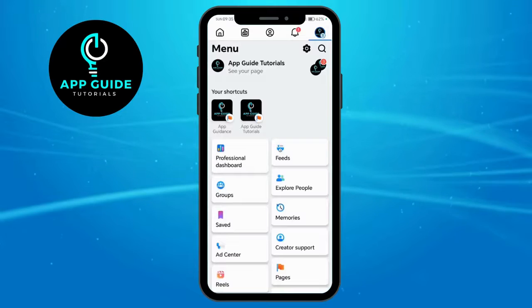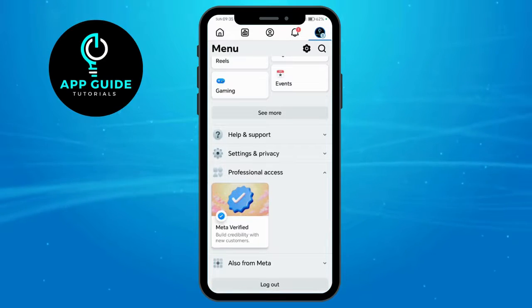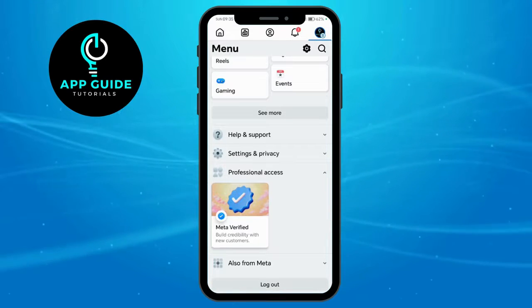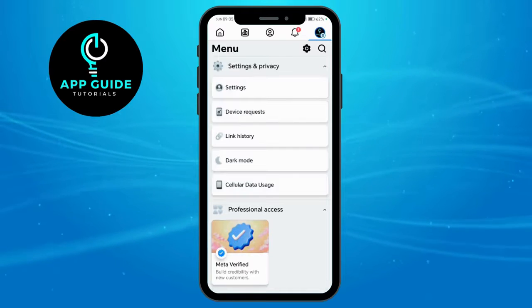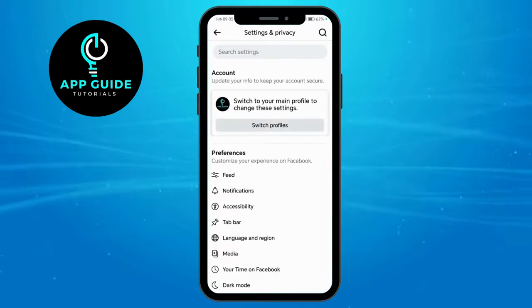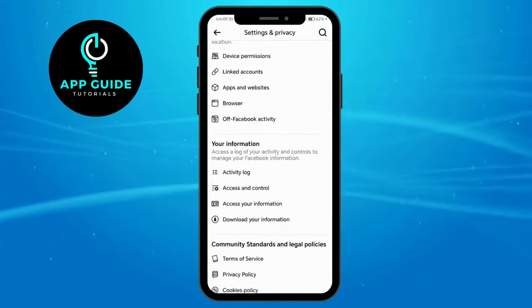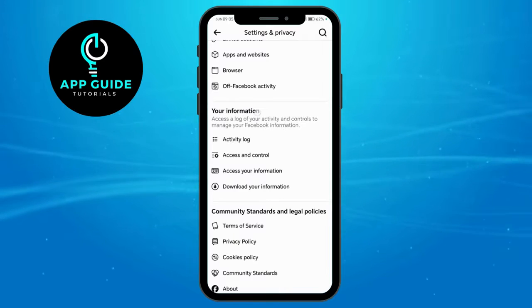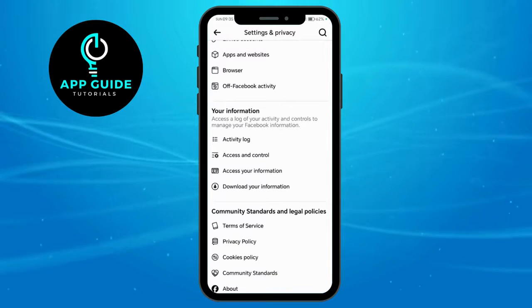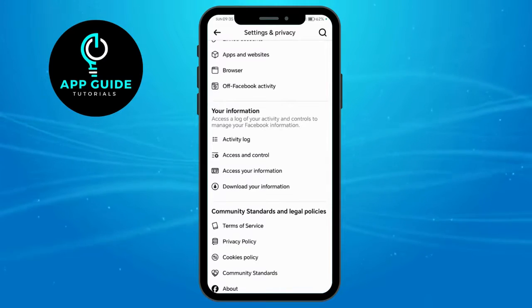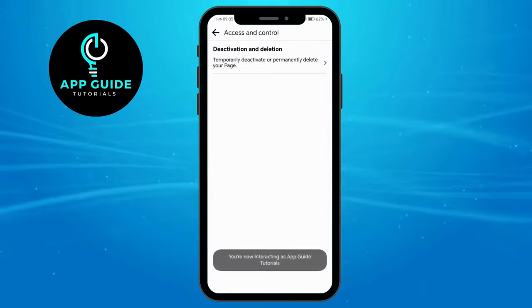menu right here and scroll down until you find Settings and Privacy. All you have to do is to tap on that and click on Settings right here. Once you're here, you just have to scroll down until you find your information right here. All you have to do is to tap on Access and Control right here and click on Deactivation and Deletion